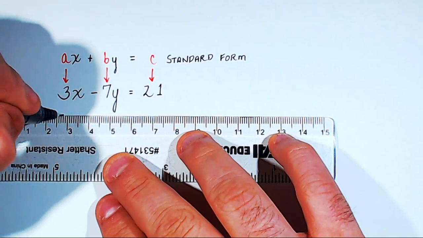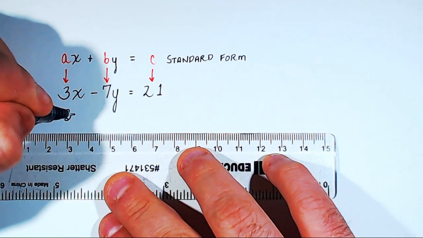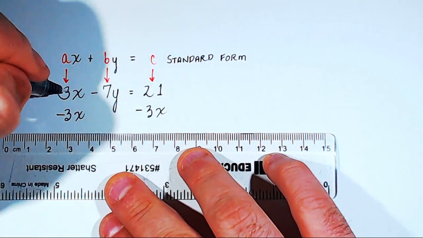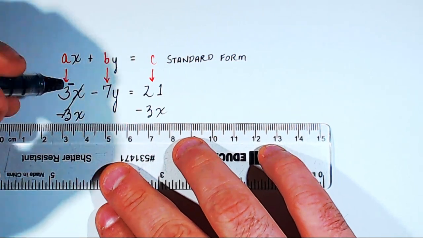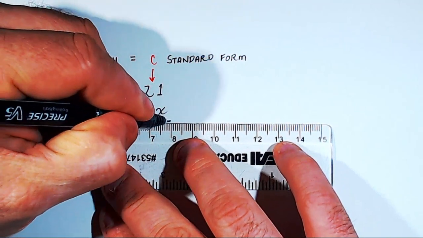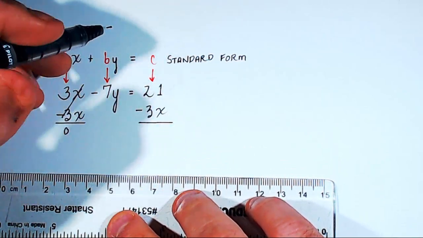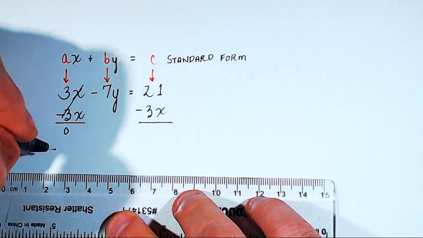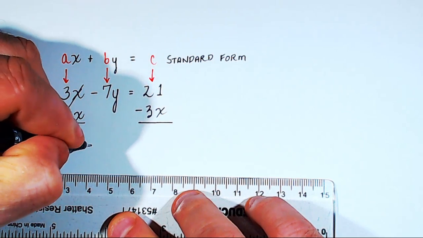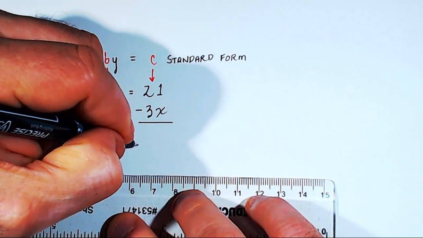Our first step is to get y by itself. So we will subtract 3x from both sides of the equation. 3x minus 3x cancels, or goes to 0. And on the right side of the equation, 21 minus 3x, these are unlike terms, so we can't subtract 3 from 21. We just have to leave it as it is for now. So the process now is to rewrite what's left. We have negative 7y equals negative 3x